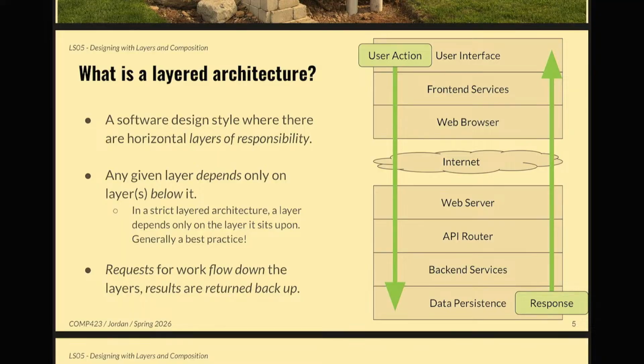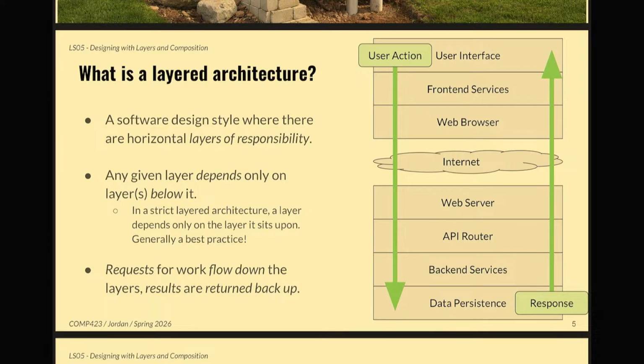There might be some cases where you would reach a layer or two beneath you, but typically it's a best practice, and it leads to the cleanest code bases to only depend on what comes directly beneath you in some slightly lower layer. And then beyond that, it's going to be doing something similar until it reaches the bottom layer of the stack. Similarly, once a result of some action is ready to be returned, those values tend to bubble